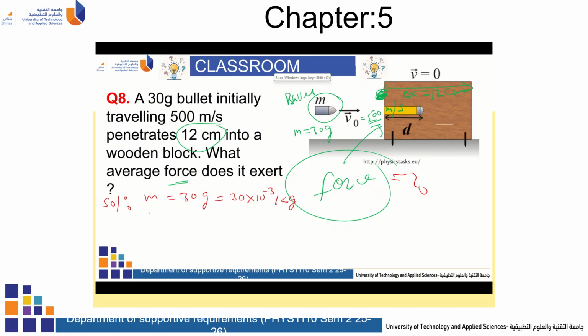Now this is the velocity of the bullet, 500 meters per second, and there is a displacement that the bullet crosses in the wood, equal to 12 centimeter, but 12 centimeter I cannot take, so I need to change to meter. So this would be 12 multiplied by 10 to the power minus 2, and this is converted